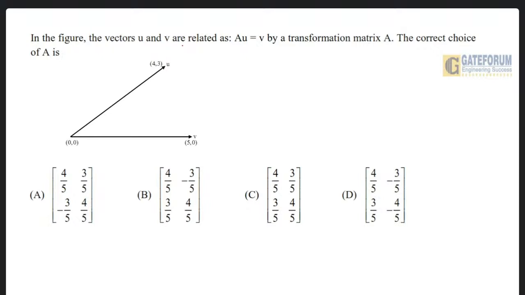In the figure, the question is: the vectors u and v are related as AU is equal to V by a transformation matrix A. The correct choice of A is, here a diagrammatic representation is given, V is horizontal, U is the slope. Four options A, B, C, D are given, 2 by 2 matrices. This is from engineering mathematics, the topic linear algebra, subtopic basics. The solution is